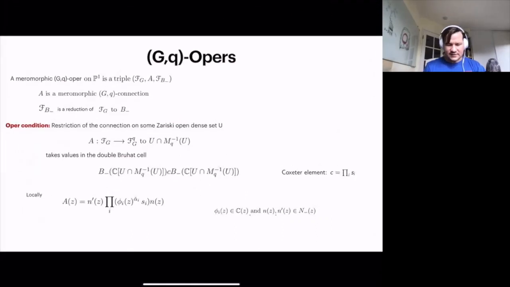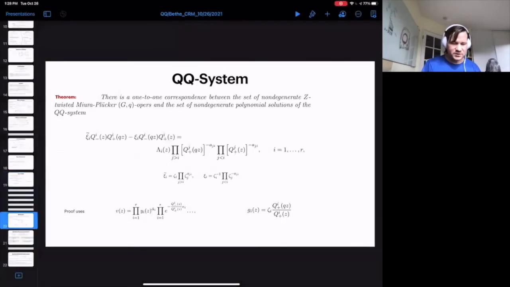Right. So there's that, and then you can ask yourself, can you define GQ-Oper, you can define Mueller GQ-Oper when you have the second. You have a reduction on the opposite Borel, right? And then you require that these two flags always take the generic position almost everywhere on P1, and then you can ask, how can you describe the space of these GQ-Opers along the lines we did for SL2 or SLN opers? So it turns out that you cannot do this directly, but you can get help from another oper which we call